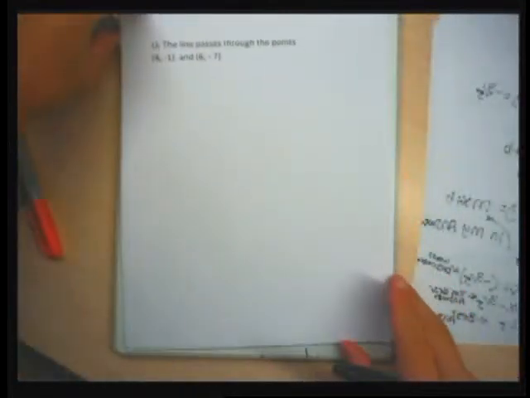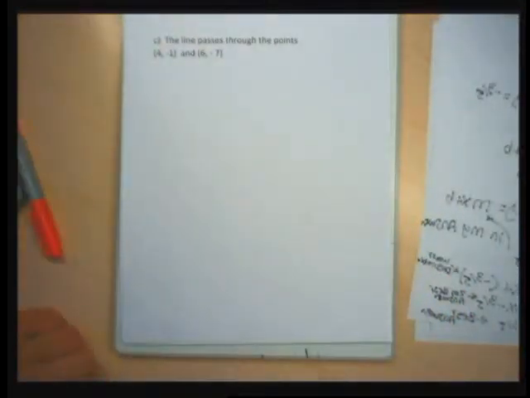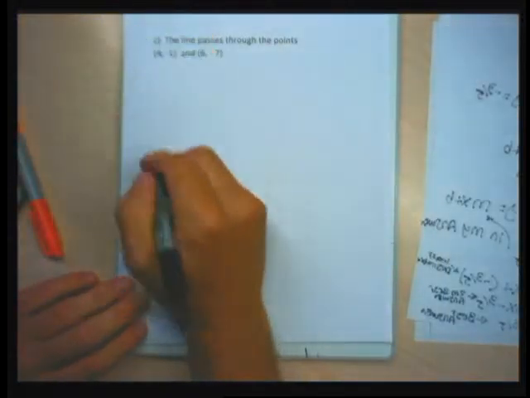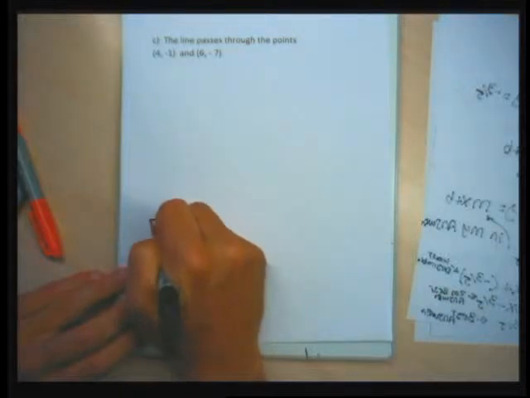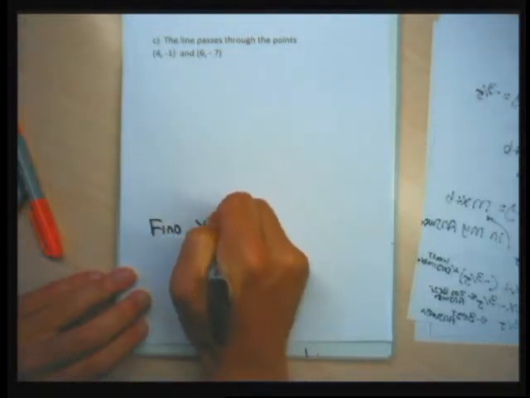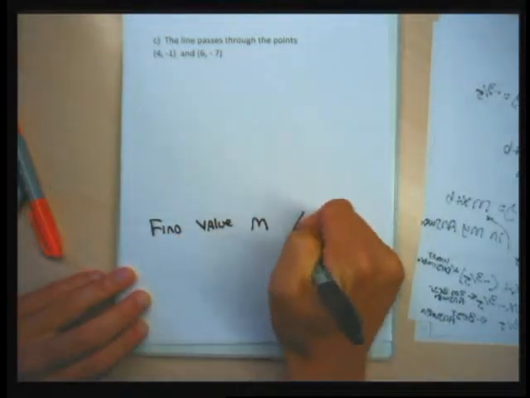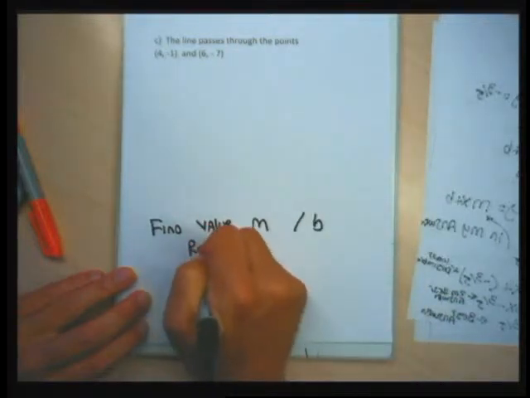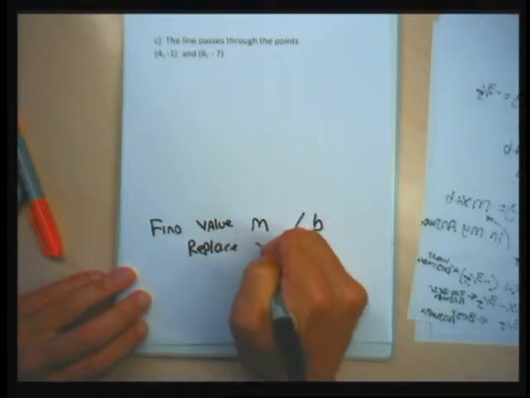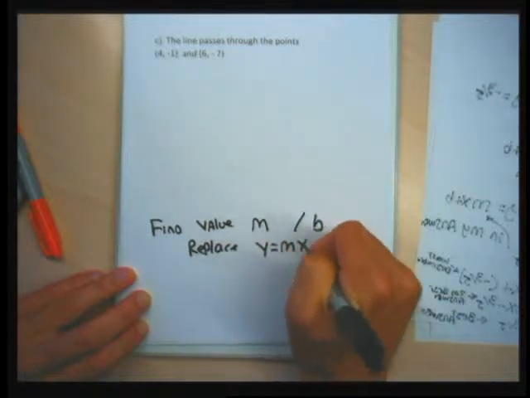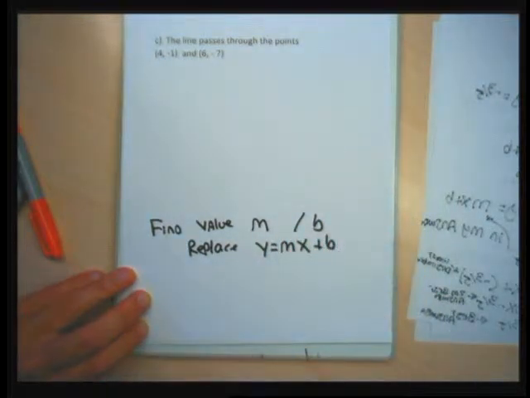Part C is the hardest because I don't have the M and I don't have the B. So I have to do computations to find each. My goal again is to find a value for M and B and replace the M in the y equals mx plus b formula and the b in the y equals mx plus b formula with those numbers. Unfortunately, unlike the last two problems, I haven't given you the slope, so first I have